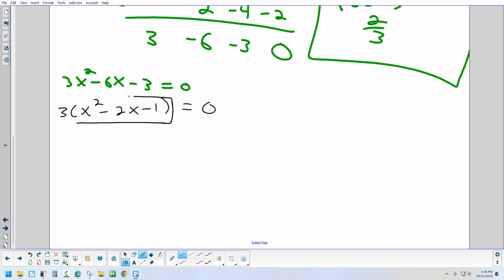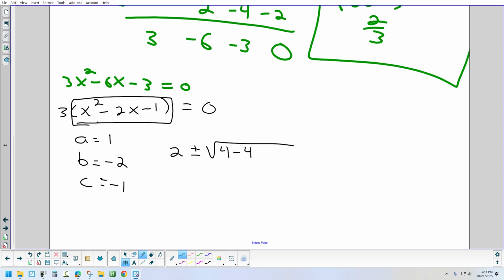So now solve this. It's not factorable, so you do have to use the quadratic formula. When we solve this, what's A going to be? 1. What's B? Negative 2. And C? Negative 1. So let's fill that in, and then we'll put our other two answers up in that box. So negative B plus or minus the square root of b squared minus 4 times